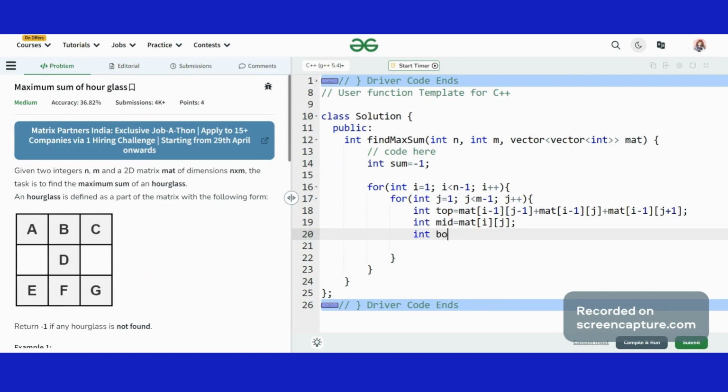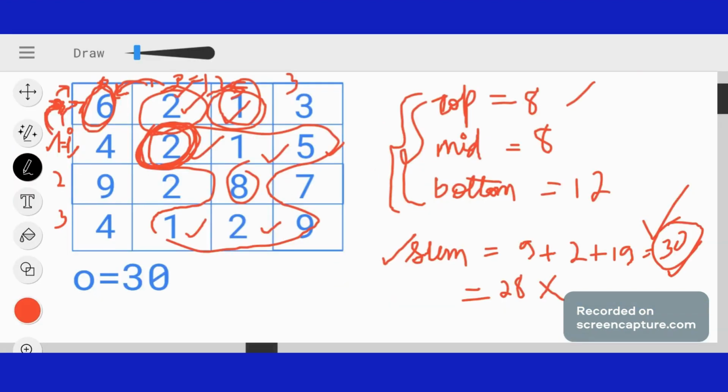Now, the bottom elements. How to get the bottom elements? See, to get the bottom elements, what are the bottom elements here? It is 9, 2, 8. So if we want to get the bottom elements, we have to point this i to index 2 and j to our column 0.